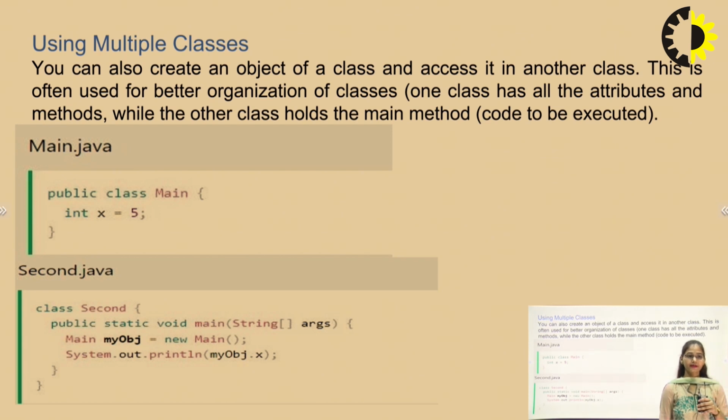Whenever you are creating a Java program, you can also create an object of a class and access it in another class. This is often used for better organization of classes. It means that whenever you want to give some attributes and method values to some other classes, you can do that with the help of inheritance. While the other class holds the main method, the code to be executed, suppose we have